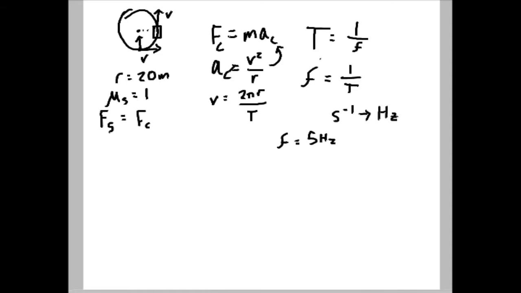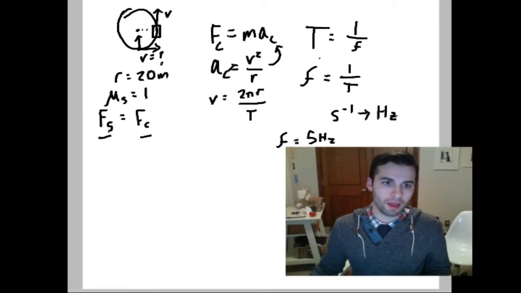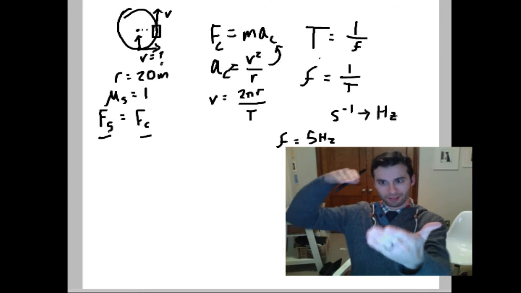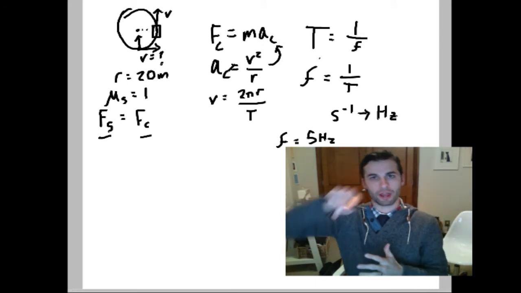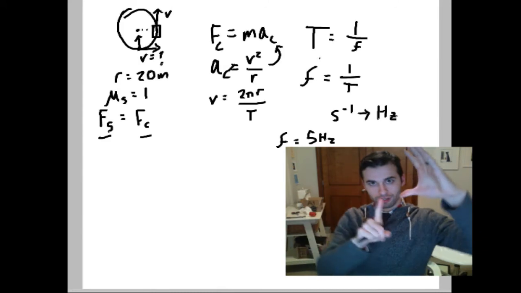Okay. So, in case you're just tuning in, or in case you can just now hear me, we're working a problem right here where we've got a car, we've got a track with a radius of 20 meters, we've got a coefficient of static friction of 1, and I'm wanting to know with what velocity can I take that turn. So again, oftentimes the key is figuring out, okay, what is the static frictional force? Here we're looking at this from a bird's eye view, as if we're looking down on the track and that car is going around in a circle. So it's that static frictional force coming in